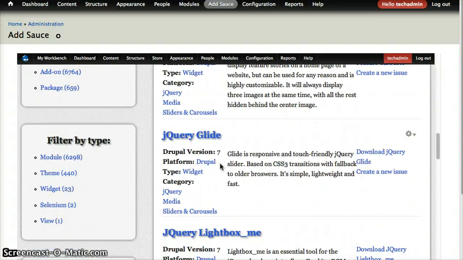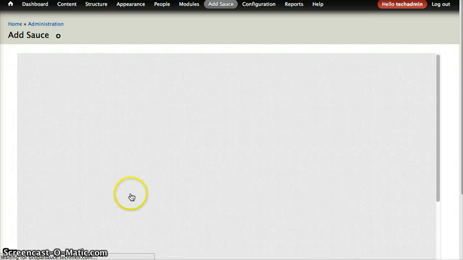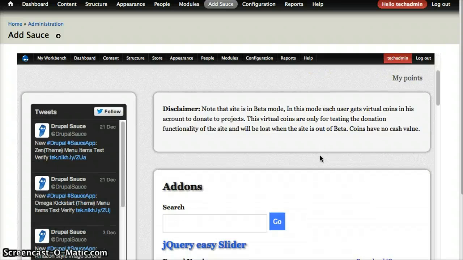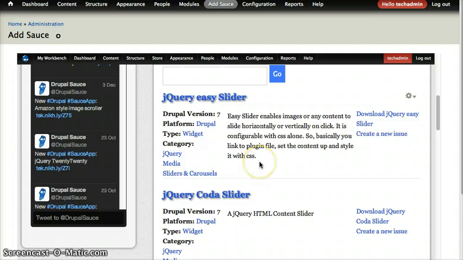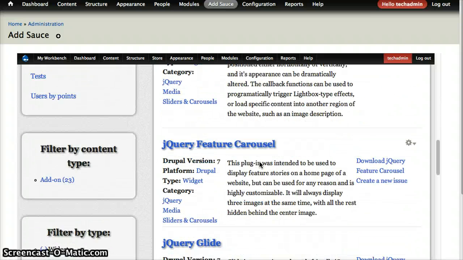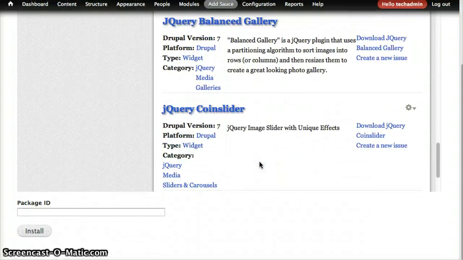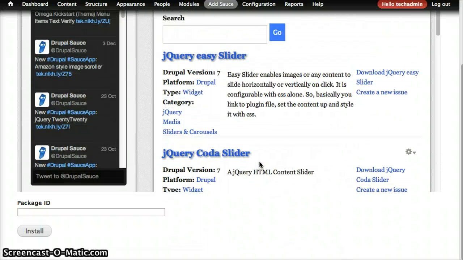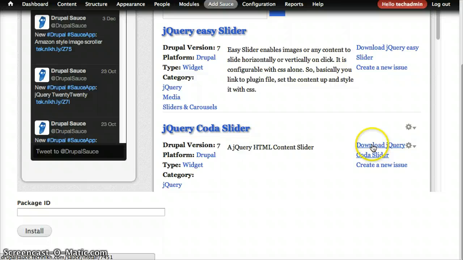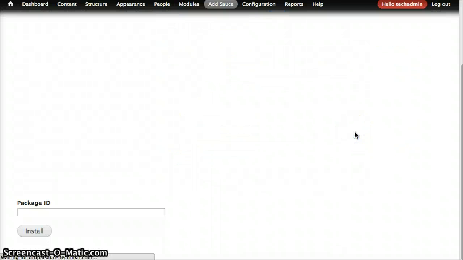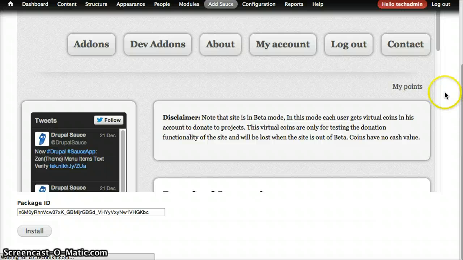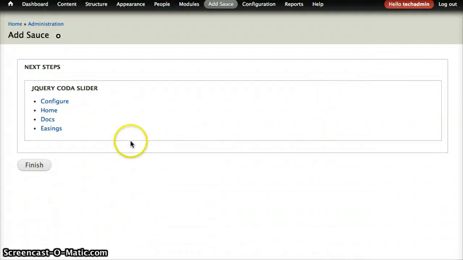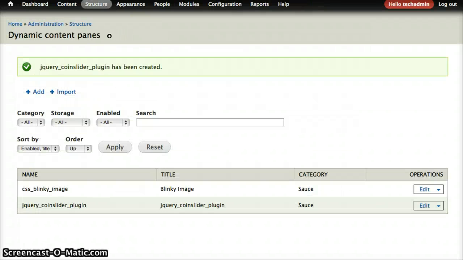So let's say I only want widgets, I don't want any modules or other source items. So here are a couple of plugins: Easy Slider, Coda Slider, Water Wheel, Feature Carousel, Coin Slider. Let's try Coda Slider. And when you click on download, it automatically downloads into your site. You can configure it, or we can go back to the slideshow page,